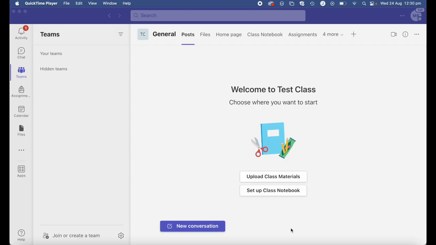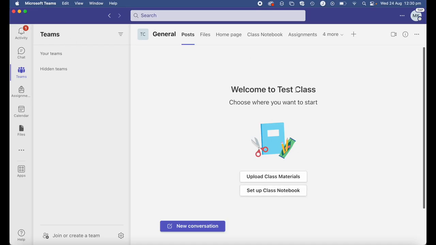Okay, so if you're working in a school where they are using class notebooks and OneNote, it's also likely that they'll be using Teams as well. So it may be that the classes that you're teaching, the Teams are set up for you. If that's the case, what you can then do is automatically create a class notebook that is connected up with your team. In order to do that, what you want to do is head over to your team